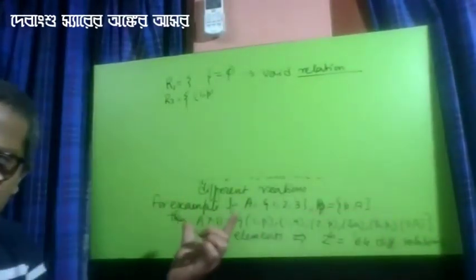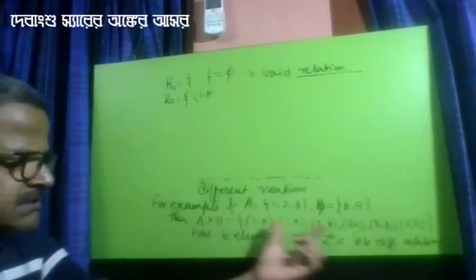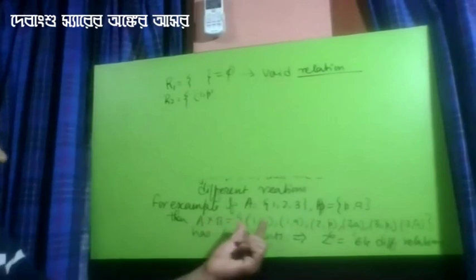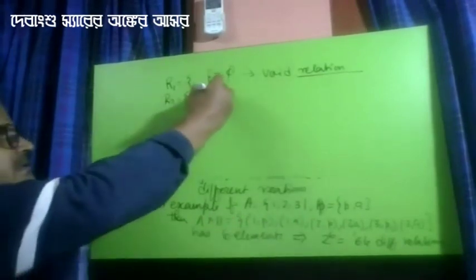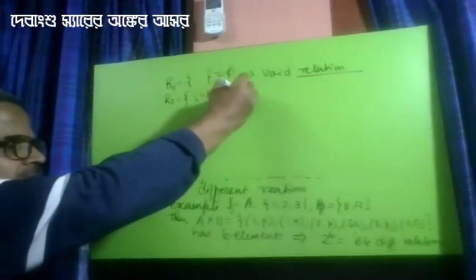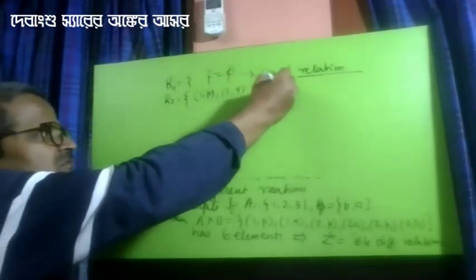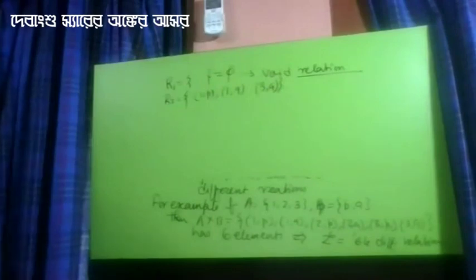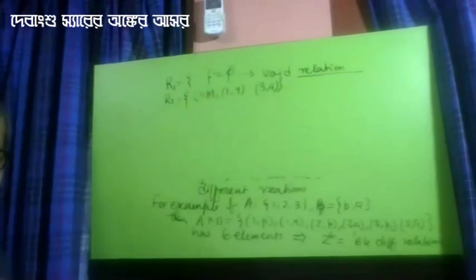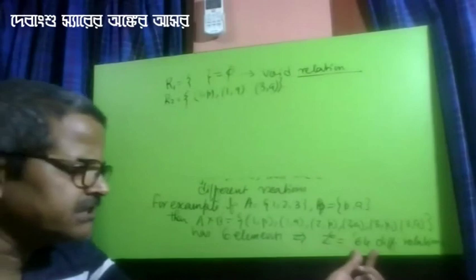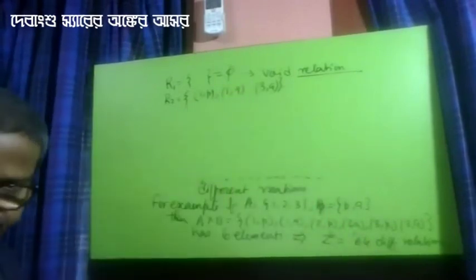I have to construct this subset by picking elements from these 12 elements, 6 elements. I pick up 1p. Then I pick up 1q. Then I pick up 3q. I put it there. That's all. Only 3 elements. My R2 contains this. So combining in this way, you can construct 64 subsets.